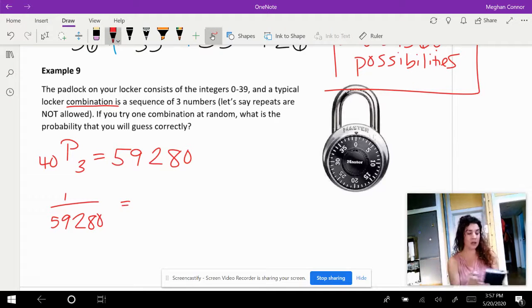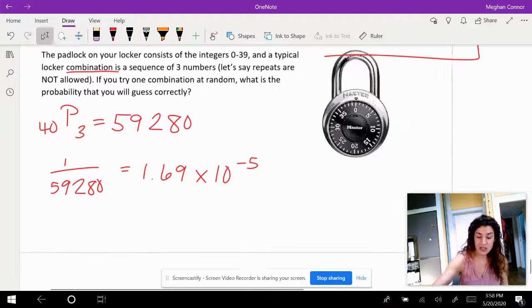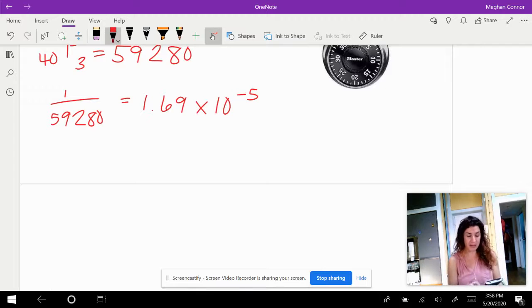So if I do 1 divided by that number, I get a scientific notation, 1.69 times 10 to the negative 5. Remember, if it's a negative exponent, it means it's a really small number. Since we technically haven't turned it into a percentage yet, I'm going to multiply it by 100 to turn it into a percentage, and I get